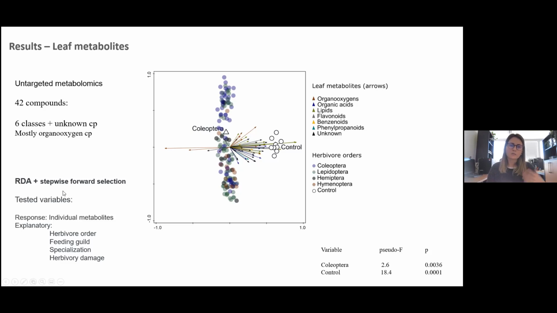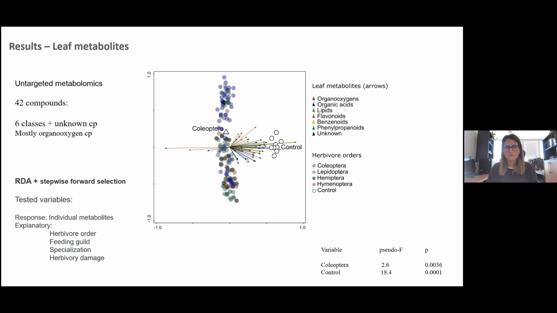And we performed redundancy analysis with stepwise forward selection. We use individual metabolites in this case, but again, we use the same explanatory variables as before, because we are interested in seeing herbivore traits here and what role they play in these changes in ingestibility. So first thing we can see is that, again, herbivory damage matters, but here we have several or most of